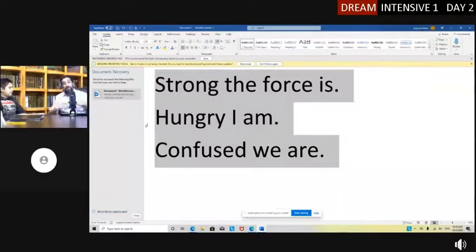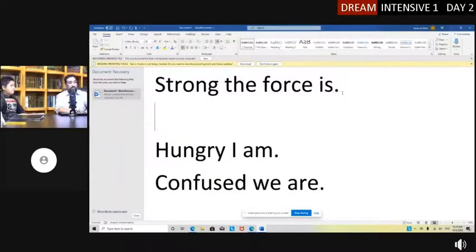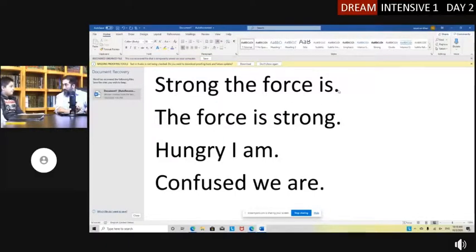Okay. And that's something I'm going to teach you so that you understand that when something in the Quran is ordered like that, strong the force is, or the force is strong. When you compare these two, sometimes in Arabic it's going to be like that, but you're going to translate the first one differently and the second one differently. But what's tragic is a lot of times in translations of the Quran, they translate them exactly the same way, as if Allah did not switch the order. And this is something I want in your heads even now. Even though I want to get to the Arabic, these concepts are important, so I'll share them with you now.